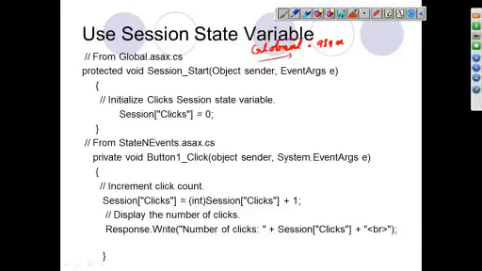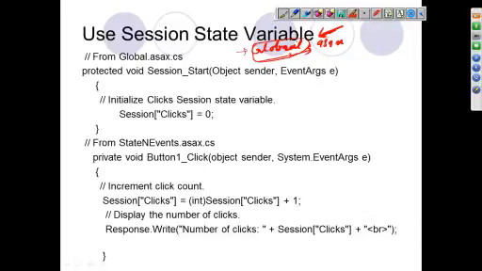The name is global file because all the other pages can use it, and you are initializing global variables here. So all the session state and application state we generally initialize, or we should initialize, in this file.